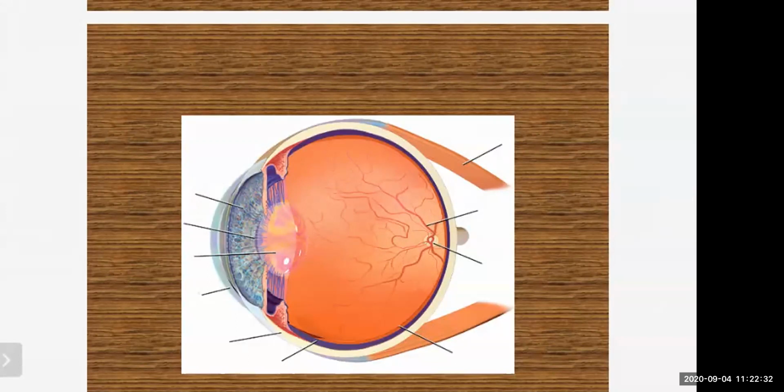There is a small hole of changing diameter at the center of the iris, which is called the pupil. Look at the pupil in the diagram, students. The pupil is a small hole which keeps on changing its diameter every now and then, right? What is the main function of the pupil? It will control the amount of light entering the eyes. If the light falling on the eyes is too bright, the pupil will contract, while if the light is dim,